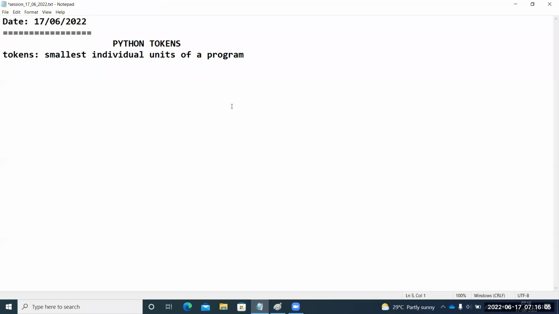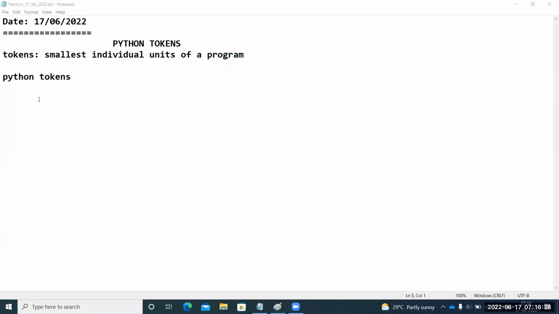So in Python language, how many types of tokens are there? Python tokens, how many types of tokens are there in Python, guys? If you take any Python program, you can identify only these types of tokens. Yes, 5 types.